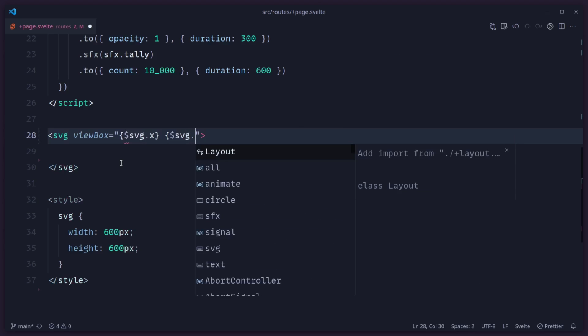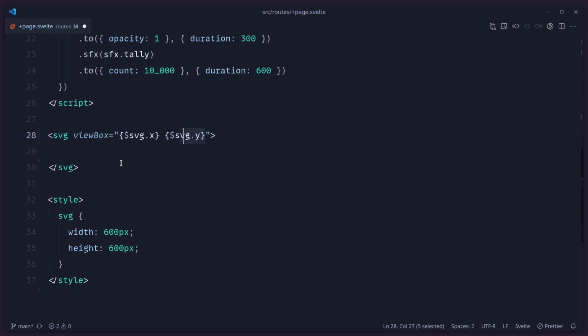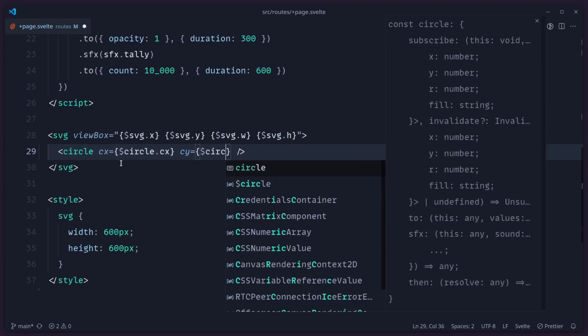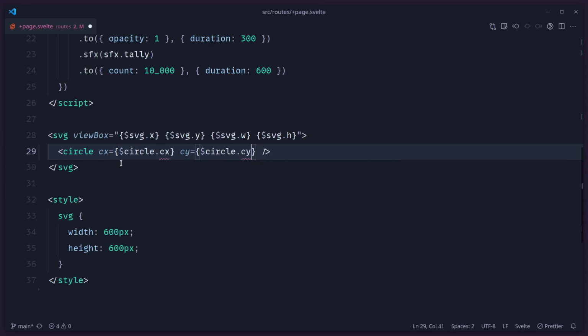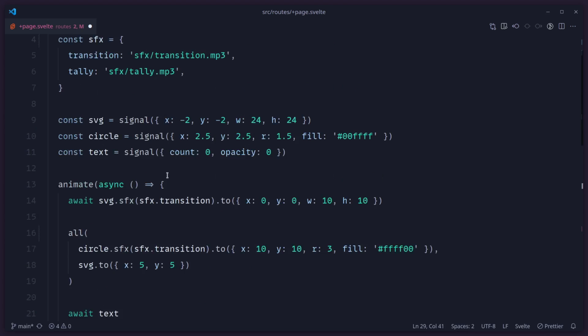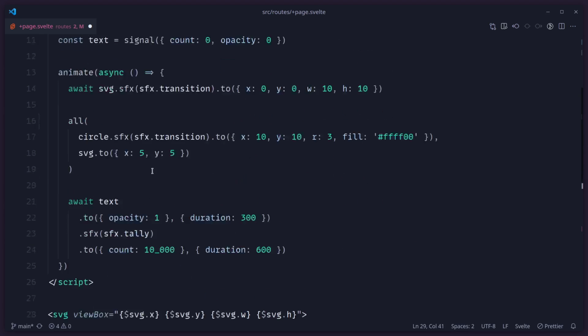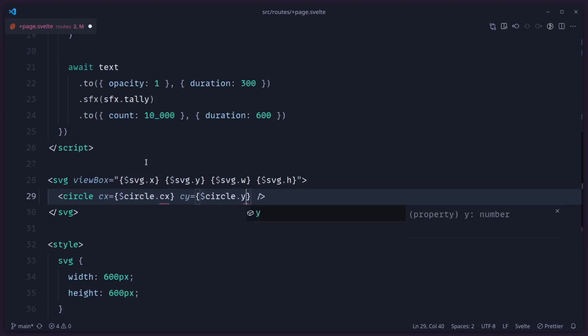We can say dot svgx. We can say store svgy. And then let me just copy this over and we're going to change it. So this is going to be the width. This is going to be the height. So now let's add the circle. Is going to be the circle CX. CY is going to be circle CY. Or did you name it something else? Let me just see. Oh yeah, I kept it simple. I renamed this to X and Y. Okay, we can just do that.